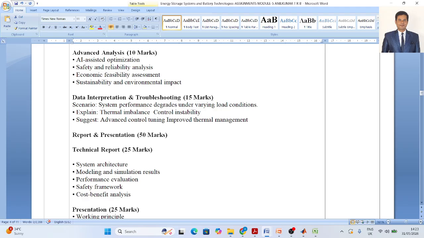The load is not always the same. Now on an electric vehicle, two people can sit, three people can sit, or one person can sit. So depending upon the load conditions, right, depending upon the variation in the load condition, the system performance may be degraded. How it is degrading, what it depends on, what is the scenario behind that, that is what you have to see, right? You have to collect all that data and interpret it by making the regression analysis.